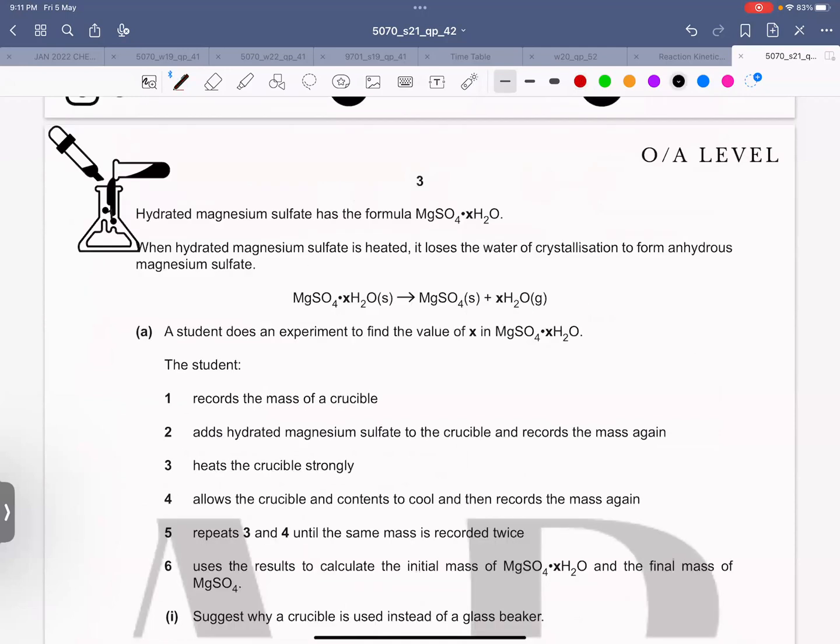Hydrated magnesium sulfate has the formula MgSO4.xH2O. Yes, everyone. When hydrated magnesium sulfate is heated,